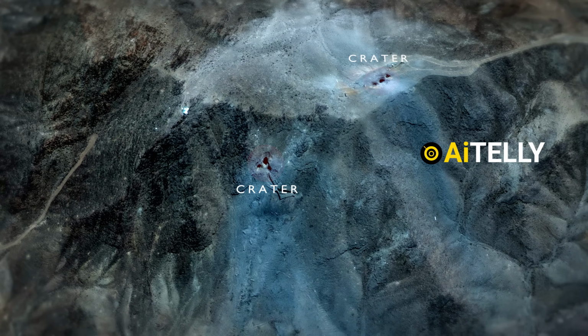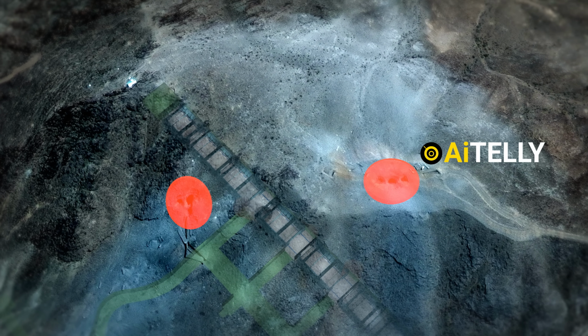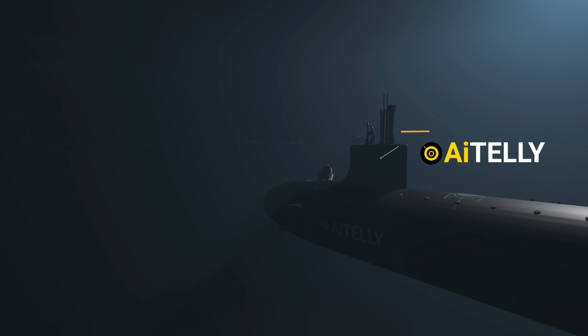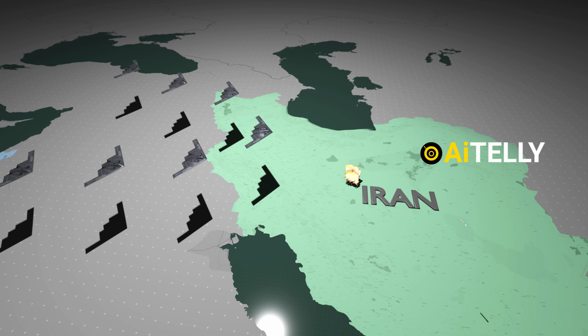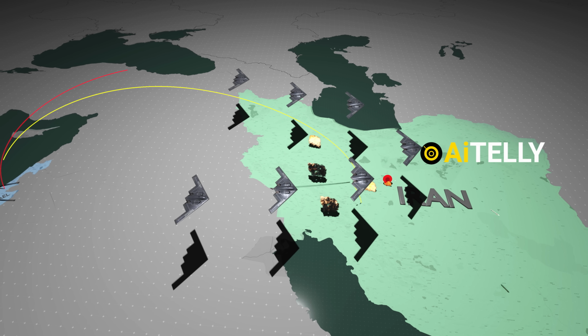Large craters were visible near these access points, indicating a direct hit and probable disruption to the facility's internal infrastructure. Roughly an hour before the B-2s crossed into Iranian airspace, a U.S. Navy submarine launched over 30 cruise missiles targeting the Isfahan nuclear site. A simultaneous attack from sea and air created chaos and stretched Iranian defenses thin, adding another layer of confusion to